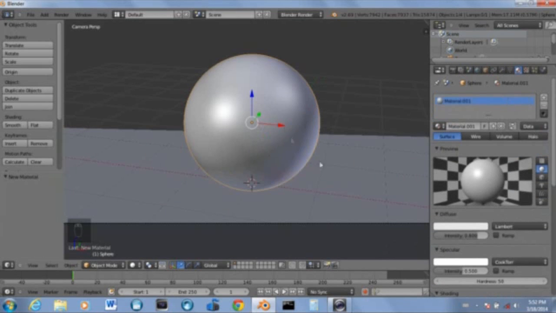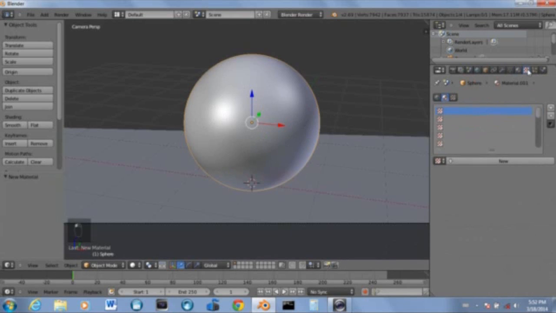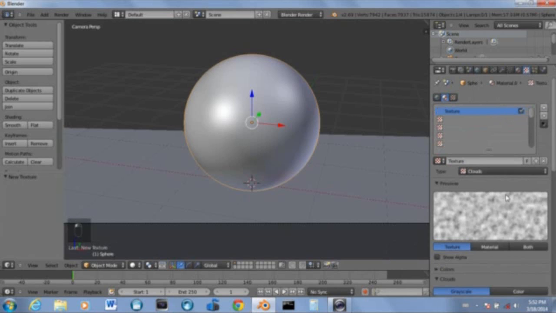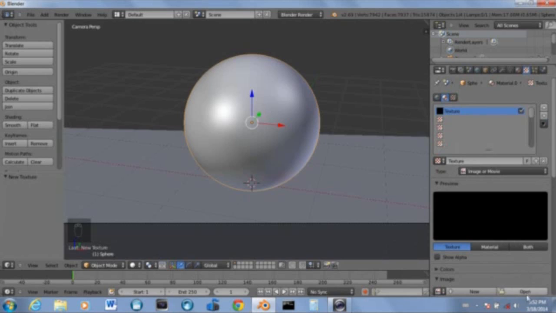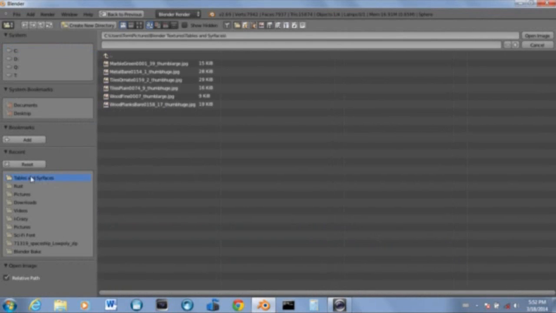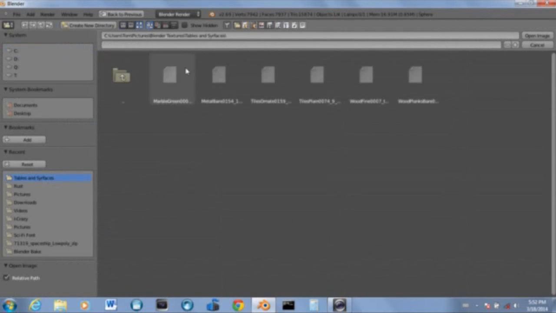we're gonna actually give it a texture, not a material. But before you give it a texture, you always have to give it a material. So hit material, then just go into the texture panel and hit new. Go into the drop down menu, hit image or movie, open, and I actually downloaded this texture from